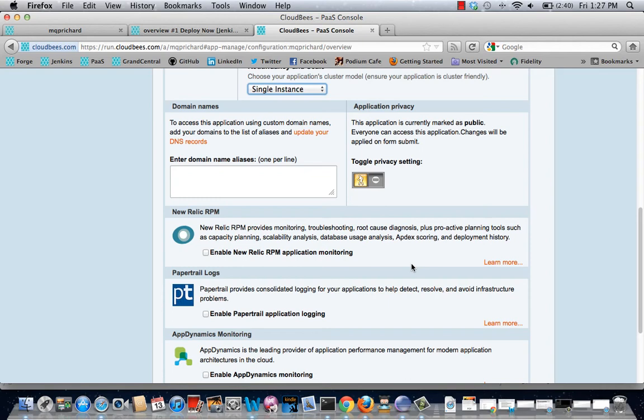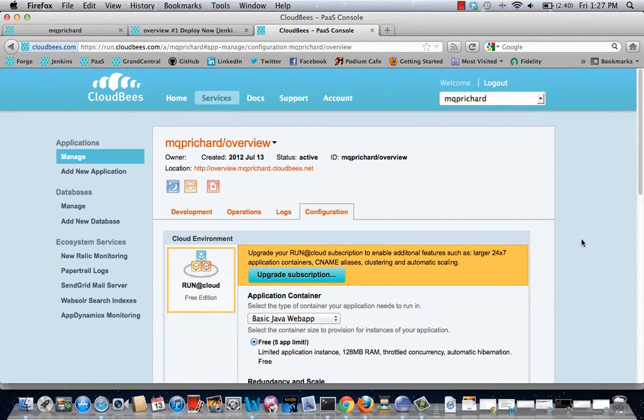enable some of the CloudBees partner ecosystem. Again, there are a great set of resources that are available to you free as a developer to try out and to use. For example, New Relic's monitoring, troubleshooting, and so on. Papertrail provides log file consolidation, AppDynamics. There are many others that you can see from the